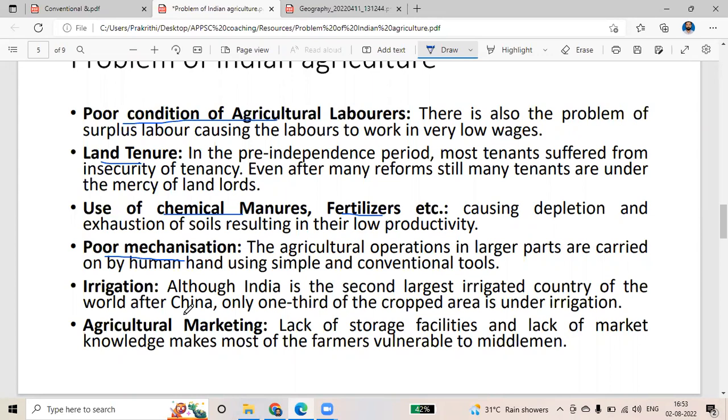Agriculture market ऐसा है, we know the government is giving basic supporting system, minimum supporting price देता है. Still we know many farmers are having problem in agriculture marketing their products. One thing is, the crop will be maybe perishable होगा. It will be perishable. So they want to sell their products as early as possible.